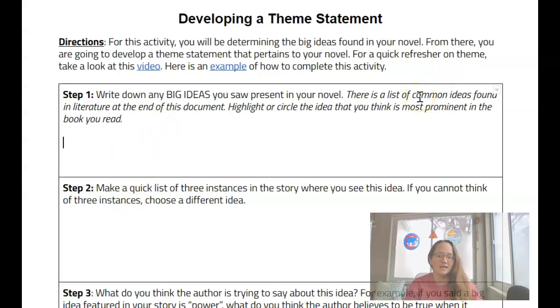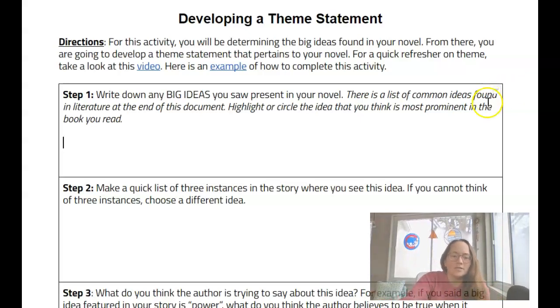This is where we're saying closed-mindedness, isolation, poverty. However, there are also other big ideas. For example, maybe you want to write about closed-mindedness, but you specifically want to write about closed-mindedness and gender roles. We see that a lot throughout the story. There are certain expectations of Scout and Jem, and maybe that's what you want to focus on. Sure, you can do that. You can make it more specific. Or maybe you specifically want to focus on racism throughout the story or loss of innocence. Here you're just listing any ideas you have to choose from.